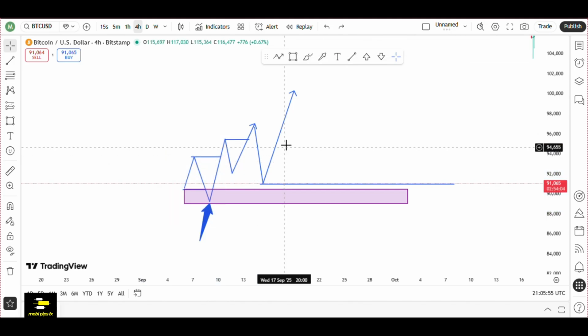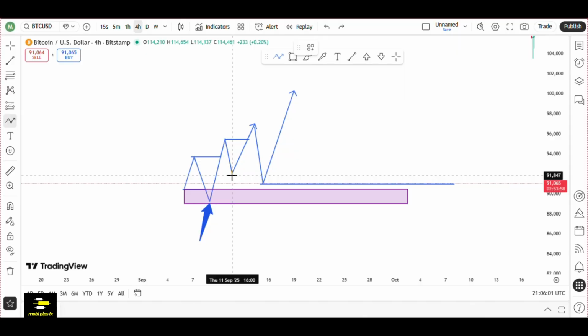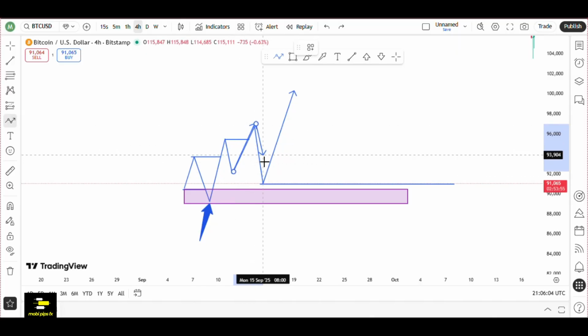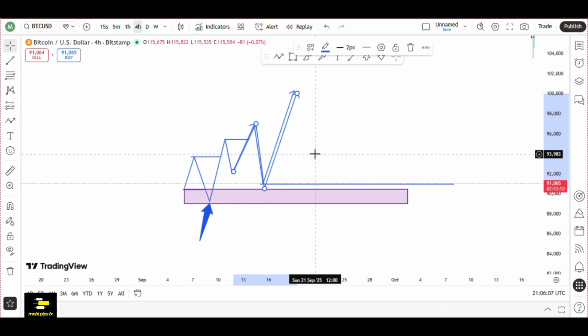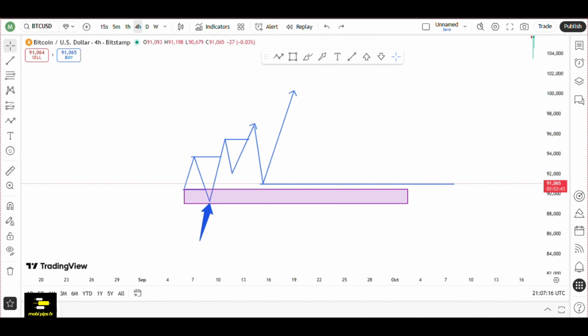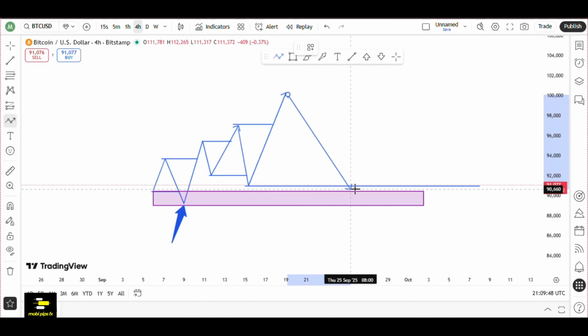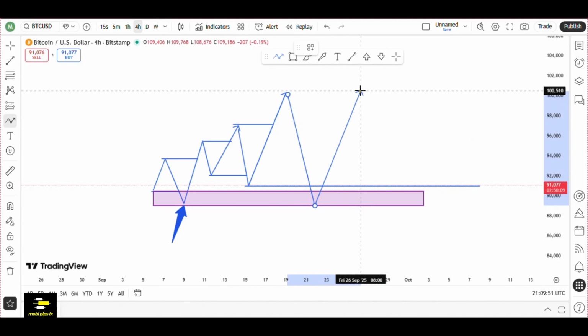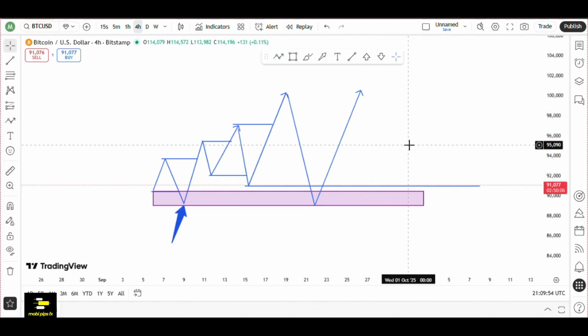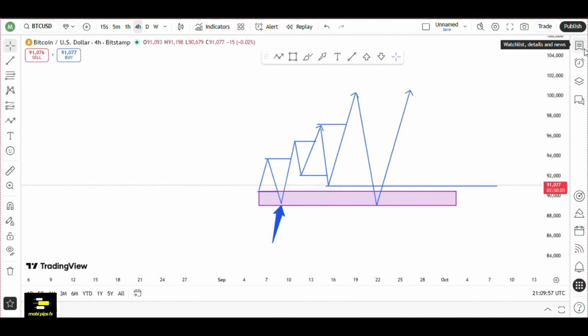What will give you the extra credibility or confidence to take the trade is to notice this. We have a swing structure with no structural liquidity. We are expecting that price will come down here, induce the structural liquidity here, and boom. So now let's look at some chart examples.